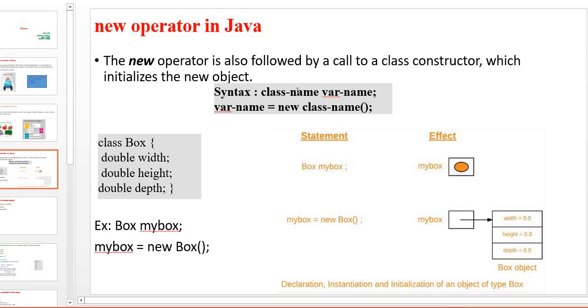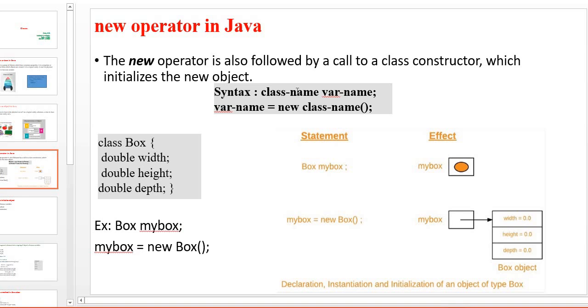Here is an example of one class, and how we can create objects corresponding to this class. Class Box has 3 instance variables, width, height and depth, of type double. Next, we create an object with the name myBox: Box myBox equals new Box.